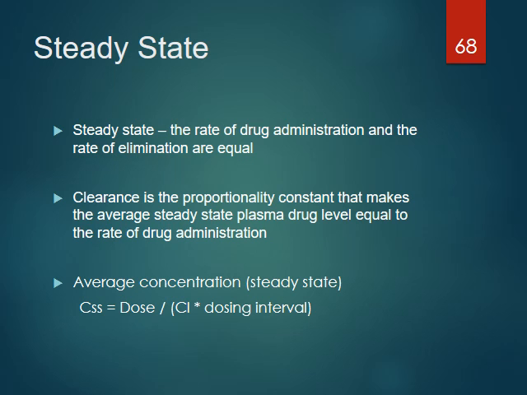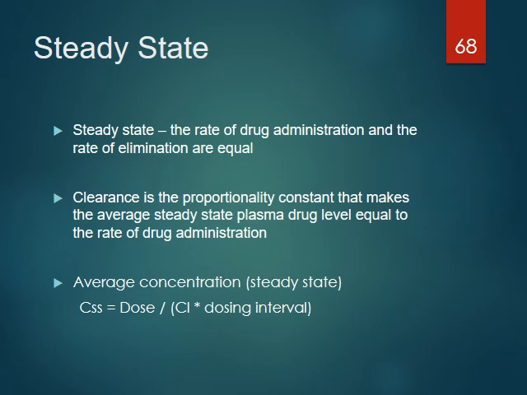Another concept that's going to be important when discussing things like half-life is going to be steady state. And so this is going to be the state at which the amount of drug that I'm giving to a patient is going to equal the rate at which that drug is being eliminated. So again, it's going to be this kind of equilibrium where I'm giving as much as I'm eliminating in a certain period of time. And so clearance is going to be a major factor on this because this is going to be the proportionality constant that makes the average steady state plasma drug level equal to that of the rate